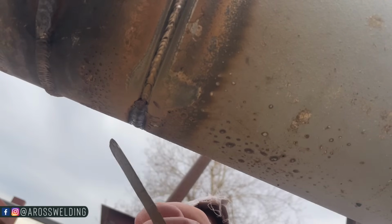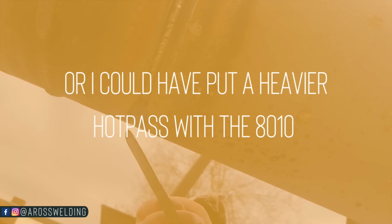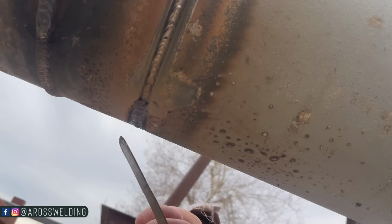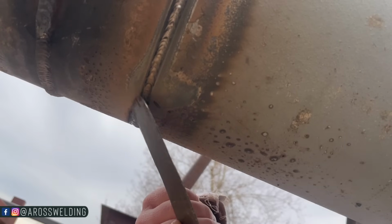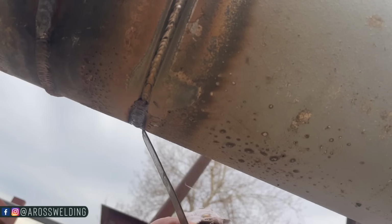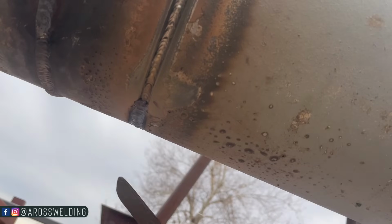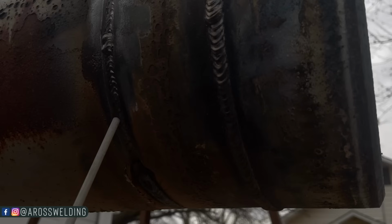So all that to say is, I probably could have ran like a 1/8 hot pass and put it way lower than this right here, and then this wouldn't be as full. Or I could have hot passed it with 7018 and then just capped it over the hot pass. I hope that all makes sense. So anyway, we're gonna work our way up this side, and then cap the thing, all with 7018. Fire up here,